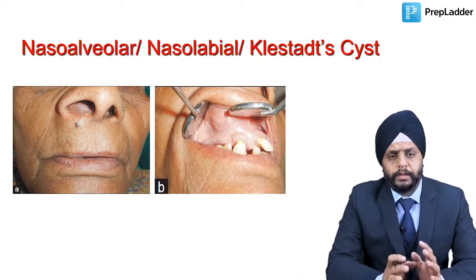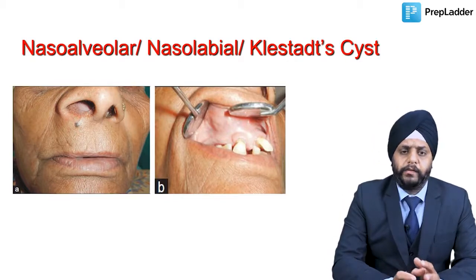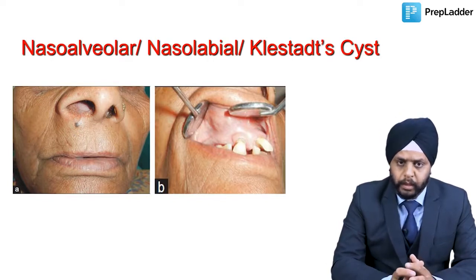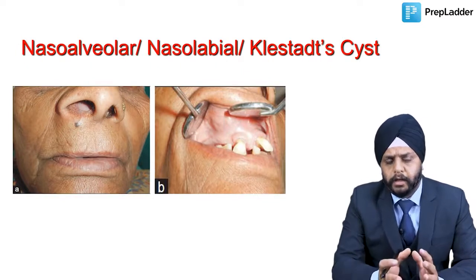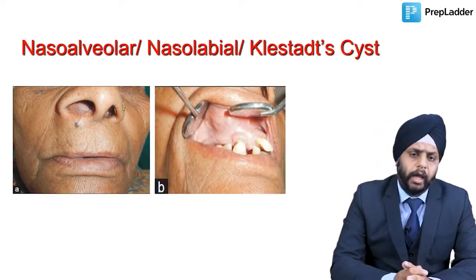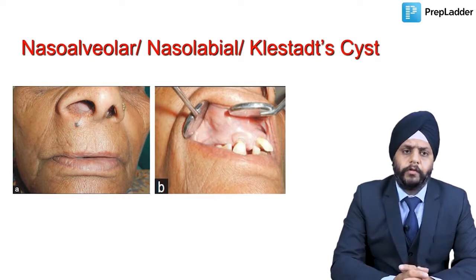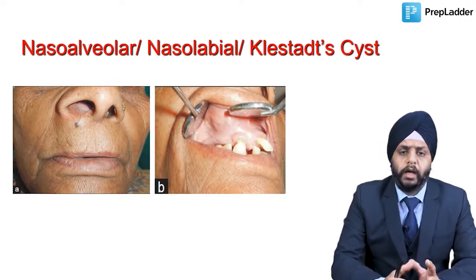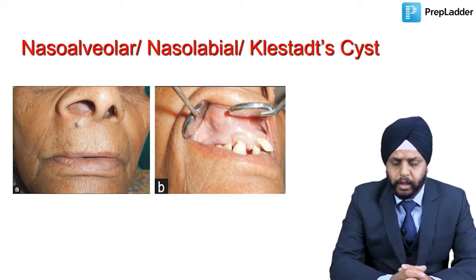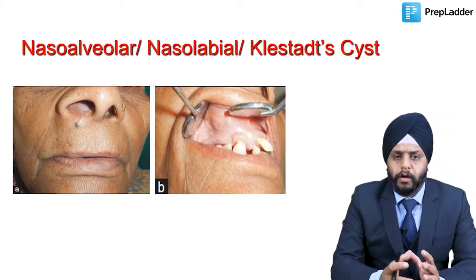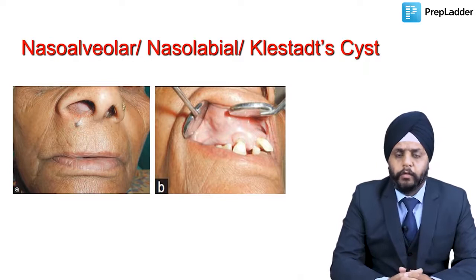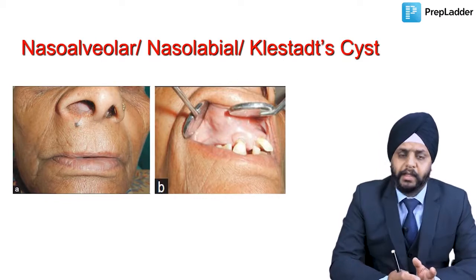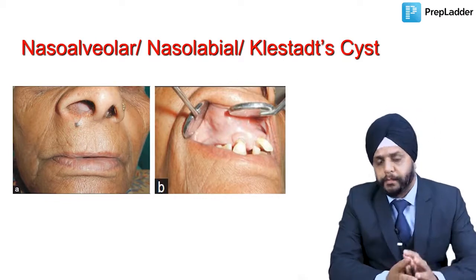Okay. Now, first thing about these cysts. These do not have a dental origin. They are non-odontogenic. Now, how are these cysts formed? They are generally in the incisive canal, and there are two theories of formation of the nasoalveolar cyst. Usually, it is said to be formed from the nasolacrimal duct. Okay, in the embryonic stage, remember, we saw that the nasolacrimal duct was forming from the naso-optic groove, which was present between the maxillary process and the intermaxillary process.